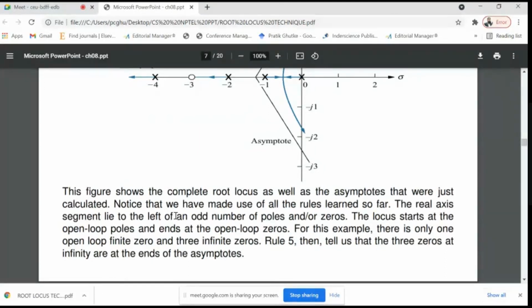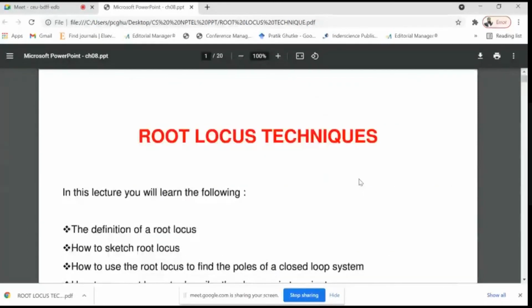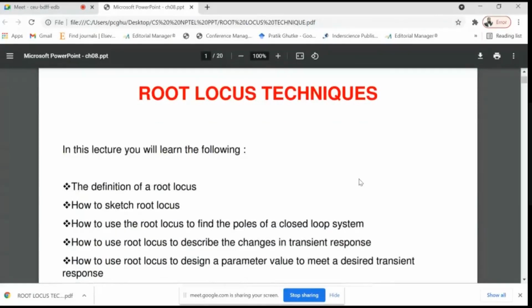So this was the basics regarding the root locus. In the upcoming class, we will see how a numerical will actually start and end, but it takes about 1 hour to complete one root locus problem. In today's class, we have just seen the basics of root locus techniques and how to calculate the root locus with the following rules. In the upcoming class, we will see actual numericals related to root locus techniques. Today's class was just half an hour.